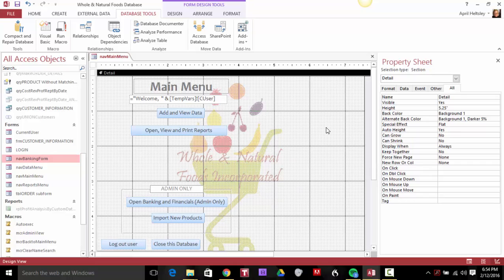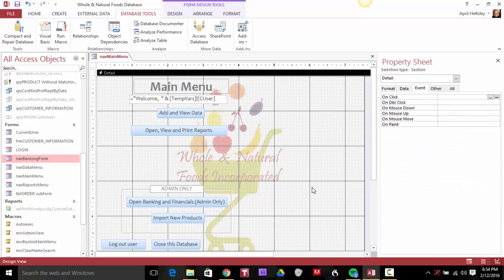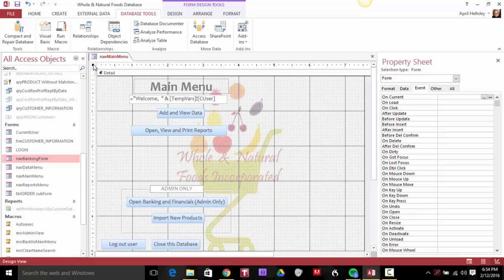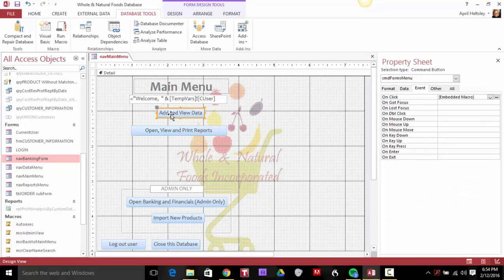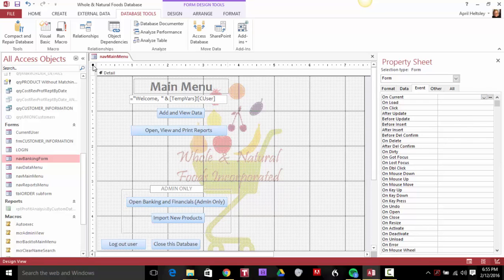And maybe really early in the course, I may have alluded to another tab on the properties, and what we're going to do is we're going to actually use the events tab, which we haven't really done yet. Notice the events tab is, depending on what's selected, a little bit different. But when you've got the whole form selected or different objects selected, you have possible things that can always happen. Like you'll notice that open banking and financials right now has an embedded macro in it because we're opening a form. Okay, so what we're going to do is an event for the entire form,